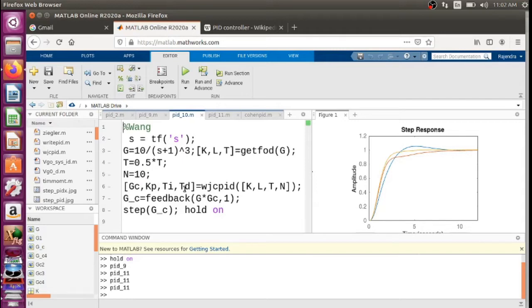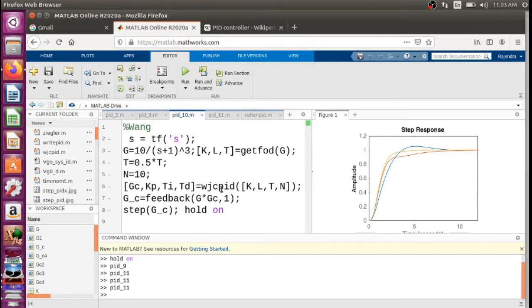Similarly, we take one plant, let's say the plant chosen is 10 upon (s plus 1) cube, and then we get this particular model, the KLT model or FOPDT model. Then we use this function WJCPID which we have written, which refers to the equations. The inputs to this function are K, L, T and N.